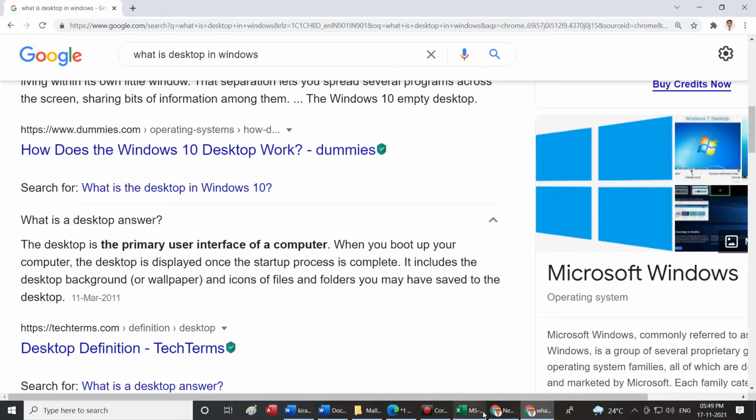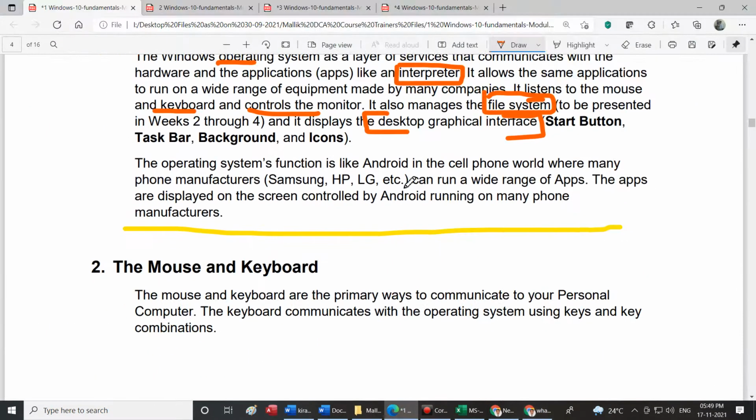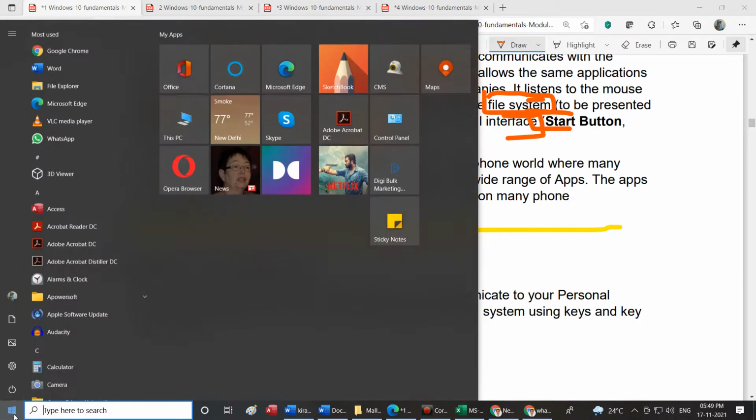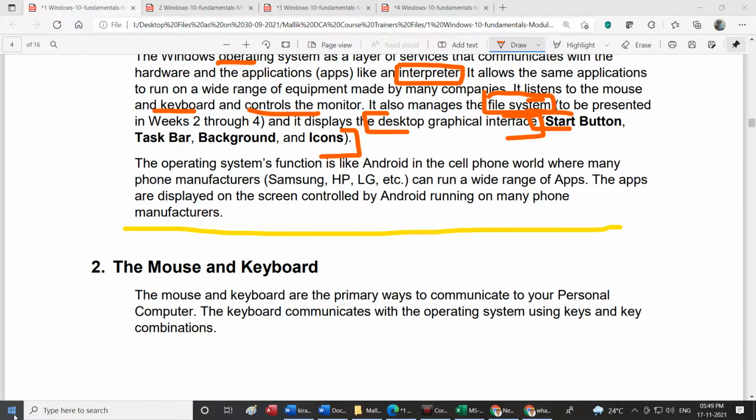Okay, now we will go back to our chapters. The desktop window has a start button, a taskbar, a background, and icons. This is called the start button. It is like giving you an idea: you have actually logged into Windows, now start working.